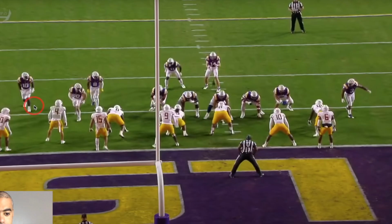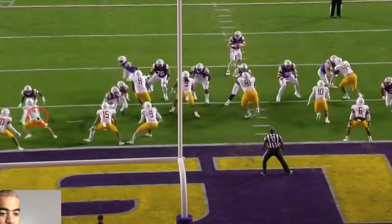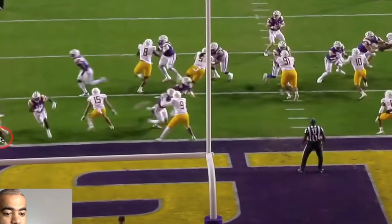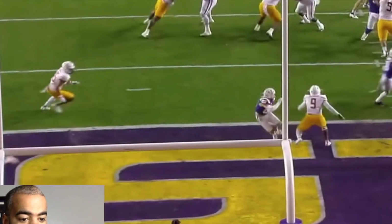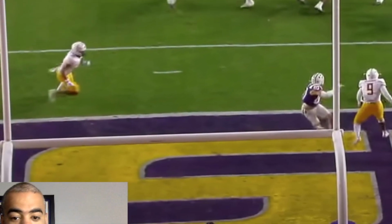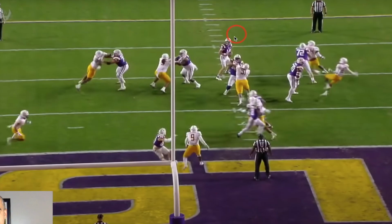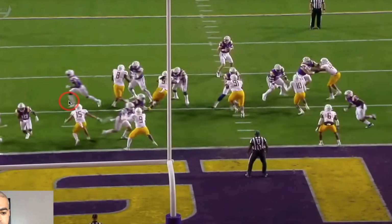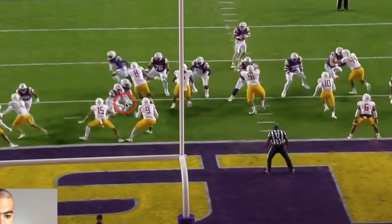And what you have here is JARAY JENKINS running and basically a corner to this side, to this pylon, okay? And what you see here is something that you don't see. JARAY is going up against number 20 here. So we don't see this right here, but I'm guessing JARAY JENKINS was open going this way. Once again, it's impossible to tell, but still, this is a safe throw that Max could have made to the back right pylon. But as you see here, Max is paying attention to his guy, Jack BECH, and Jack BECH is running,